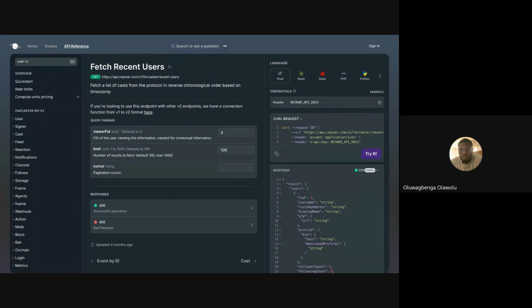Then microservices. A microservice is an architecture pattern where you have your backend split into multiple services that do different things. Let me think of a better analogy.